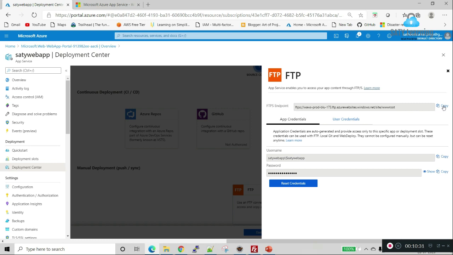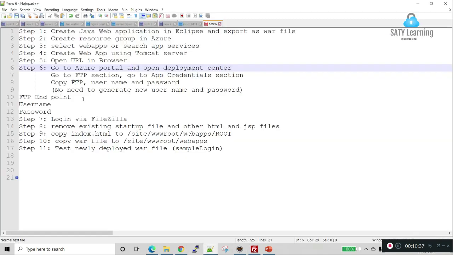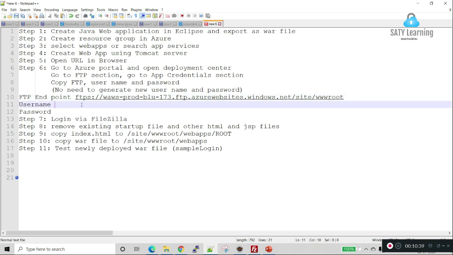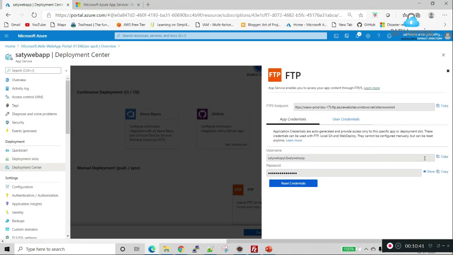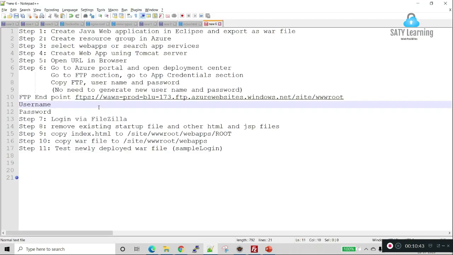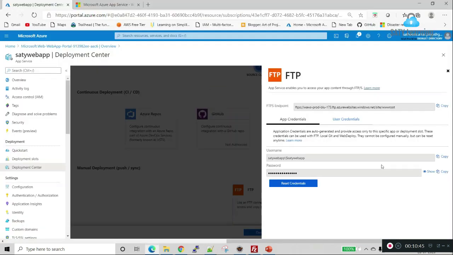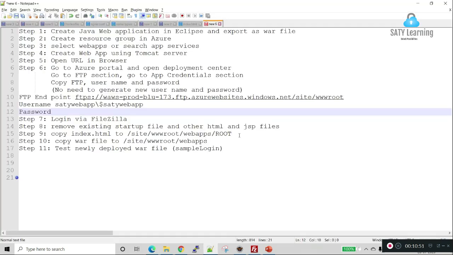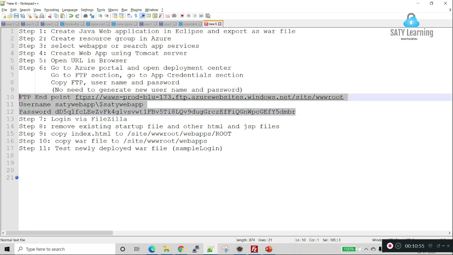Let's copy this FTP endpoint. I'm copy pasting the FTP endpoint, and I'm copying the username and the password. The password is encrypted. So we have the FTP details ready.